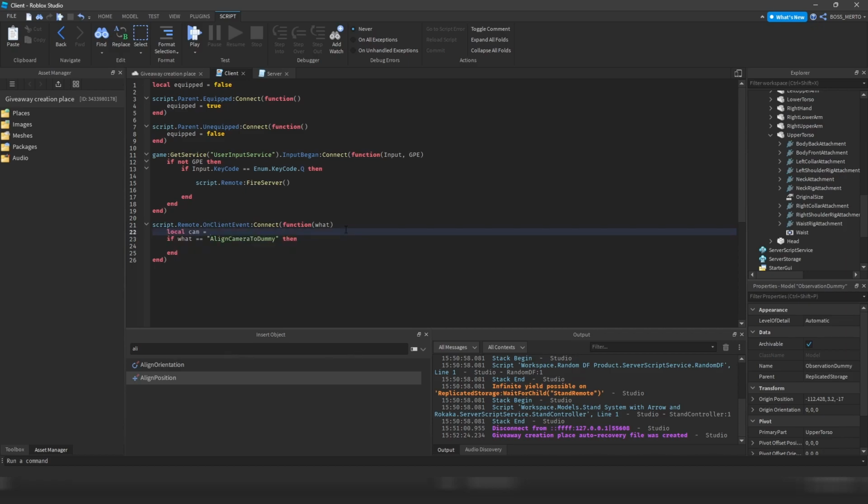local current camera. Then we want to do camera type. We actually want to keep the camera type. We just want to change the camera subject to